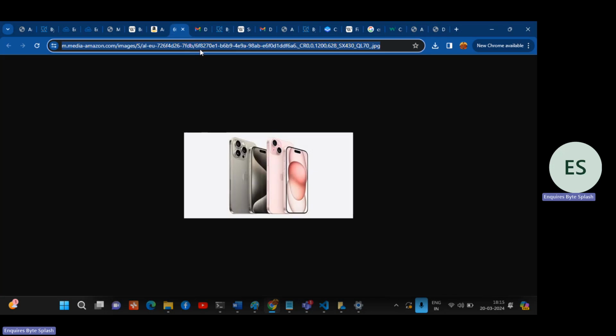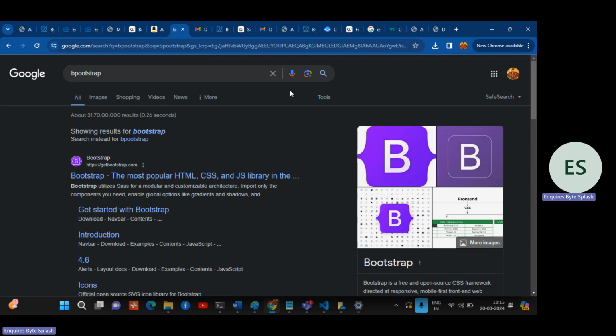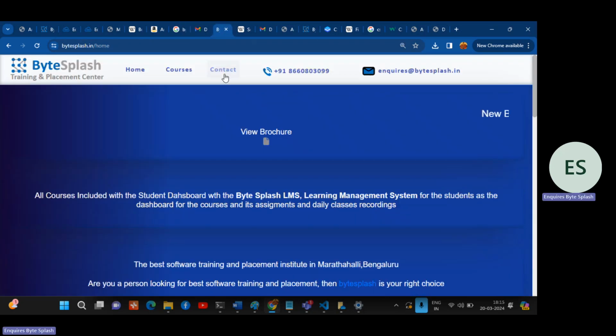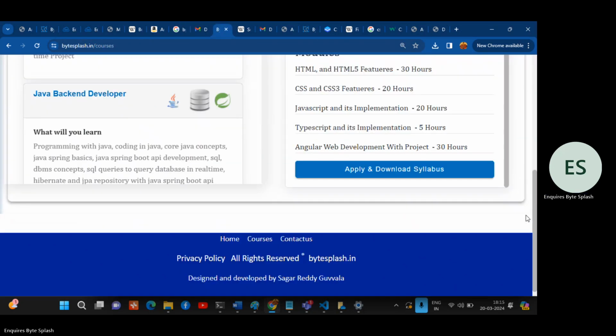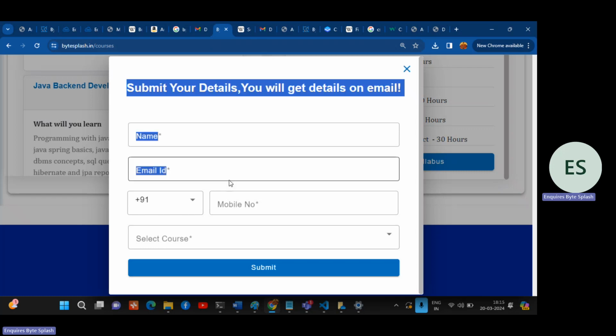I will tell you. Go to the Bootstrap website or anything. Okay, here we have these courses. Now see, one is overlapped on another because of Z index. Here, this Z index is greater than the previous. For example, the container which is having courses, right? That Z index is 0 or 1. This Z index is 1 means it is overlapped on another. If you want to apply that Z index,